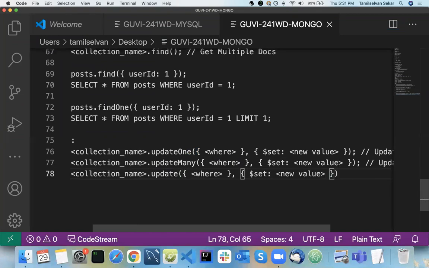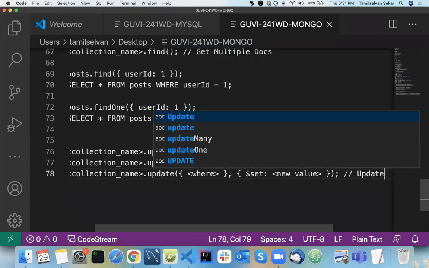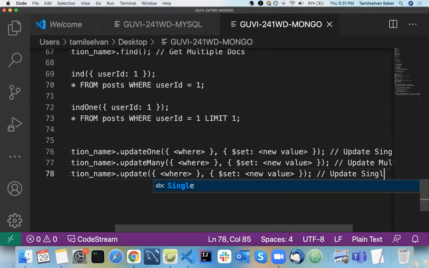If I don't pass the third parameter, what will happen? It will work as update single doc.